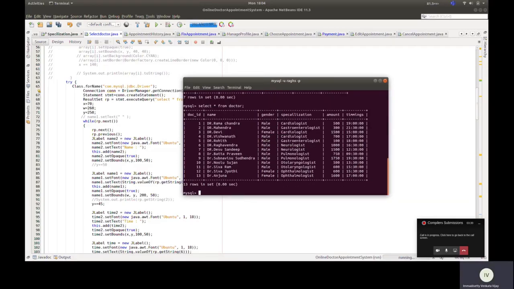If you want to see the doctors by specialization, this is select star from doctor with specialization in cardiologist.